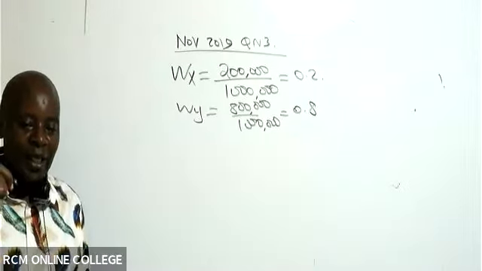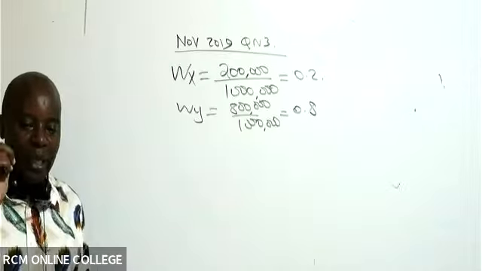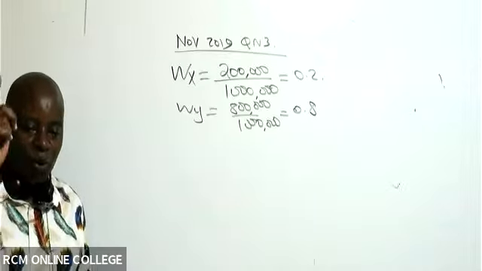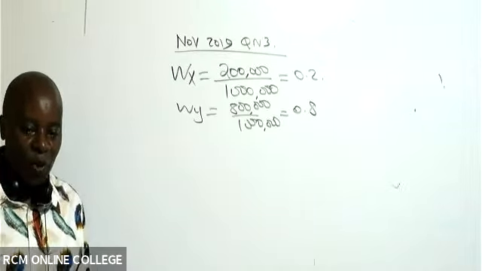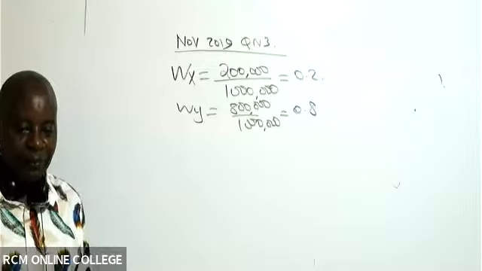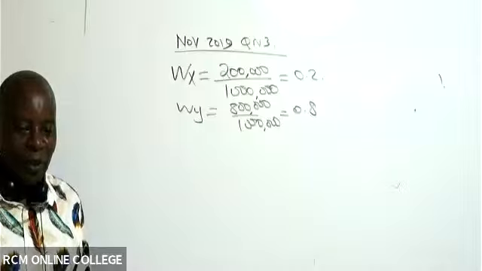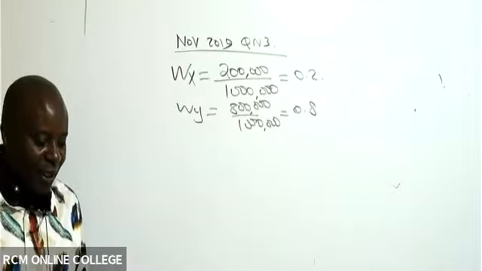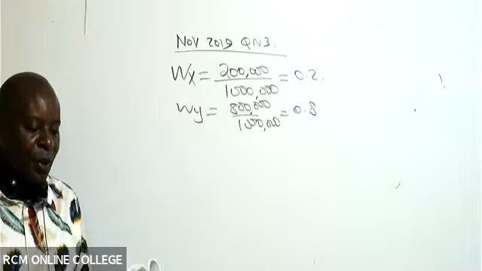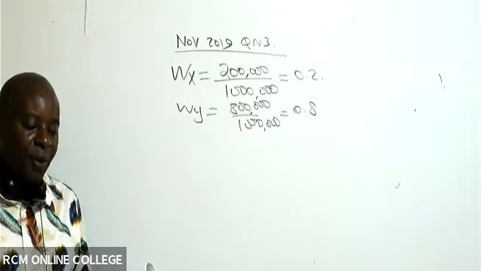Because you see, he had $1 million, and out of this $1 million, 200,000 went to X, 800,000 went to Y. Are we together? That is how I've gotten those weights. Weights are basically the proportions. Then you can see the returns on these 2 securities depend on the state of the economy